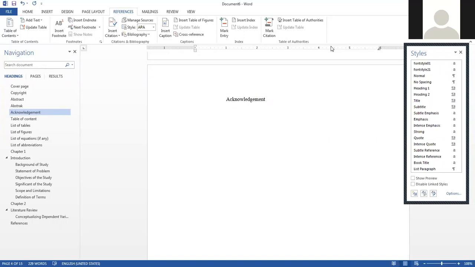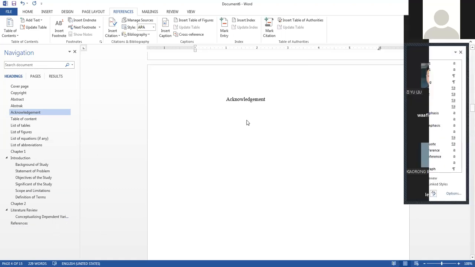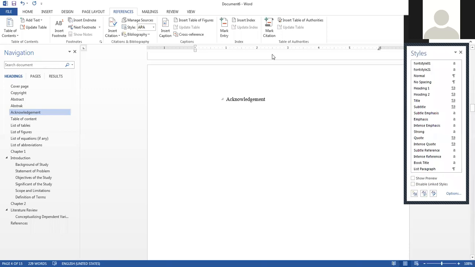Okay, it is not compulsory for you to use the way that I share, but this is just the sharing. So at least you have the options. Let's say you have a better way of managing your work. Because when you do your thesis, particularly master of science and PhD students, most of the time they will deal with thesis writing. So that's why you need to make sure that you strategize your work lah. Okay. So any other question?